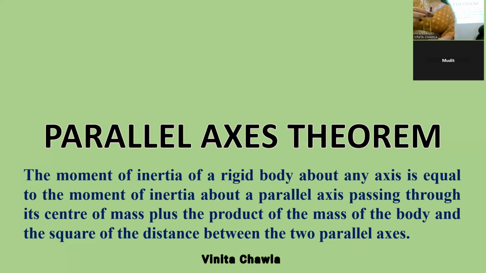And how do we find the distance between parallel lines? We take the shortest distance, right? Shortest distance is the perpendicular distance. So we'll take m into the distance between these two, squared. So m, you can take distance as h or you can take distance as r, it's your choice. So I is equal to moment of inertia about this axis is equal to moment of inertia of the axis which is passing through the center of mass plus mass of the body into square of the distance between them. Clear? Easy? Yes? Okay, now please